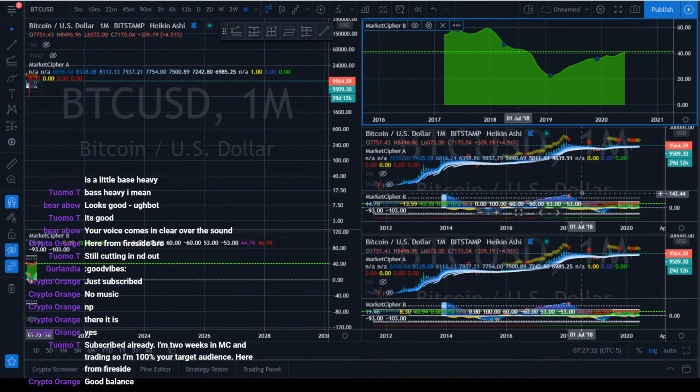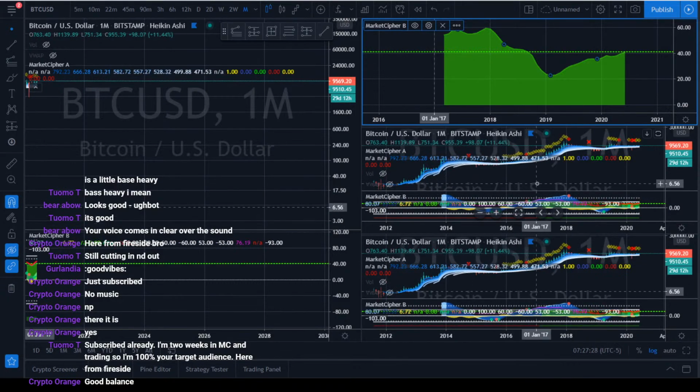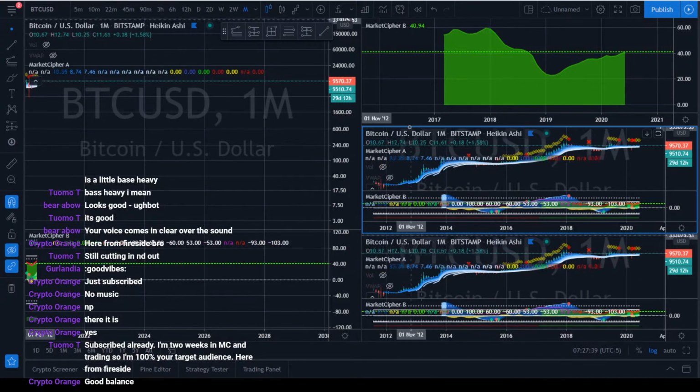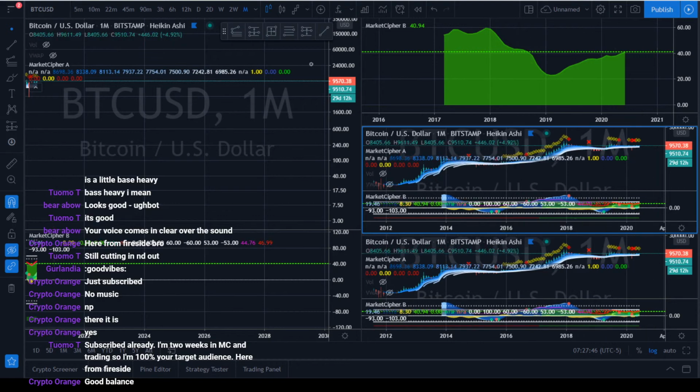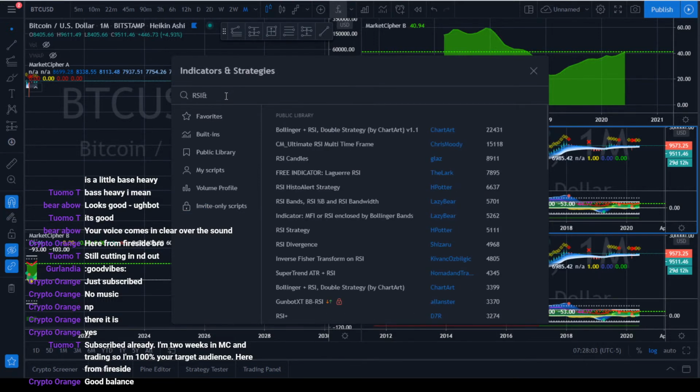So then you want to add MACD or RSI. I'm going to add RSI right here. Make sure that whichever pane you want to add the indicator to is highlighted by this blue. As long as that's highlighted blue, then you can come up here to your indicators, and right there I'm going to add Crown's new RSI, which is RSI and, ampersand sign,